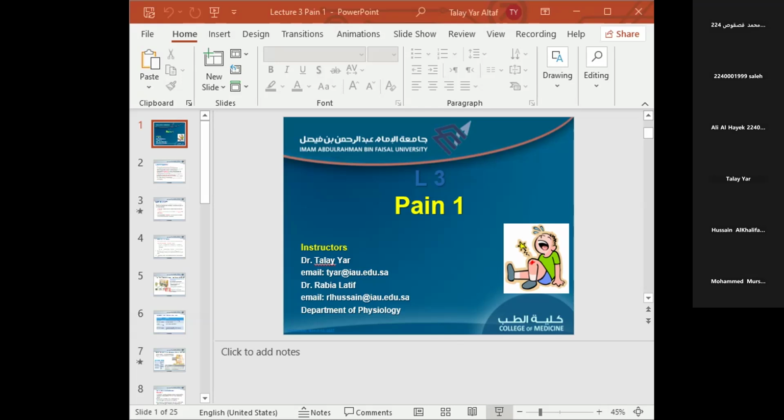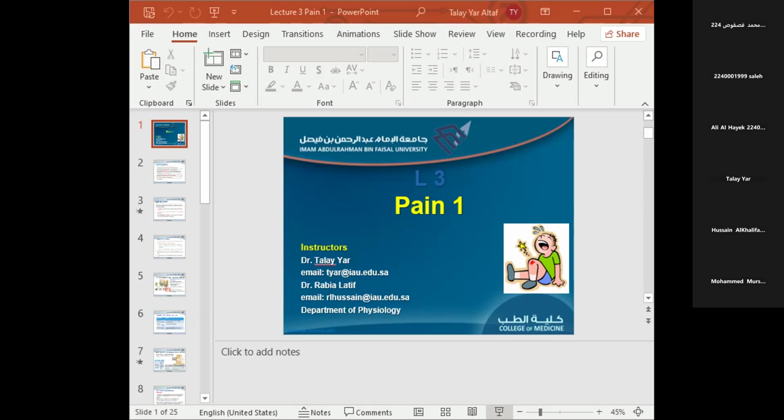These are very similar to whatever happens in other sensations. So the first thing that happens is transduction. As I mentioned before, every sensory receptor is a transducer. That is, it converts one form of energy into another. And for all practical reasons in the body, it is converted into electrical energy, electrical signals. So this is the process of excitation of nociceptors. The second phase would be transmission, sending these signals towards the central nervous system.